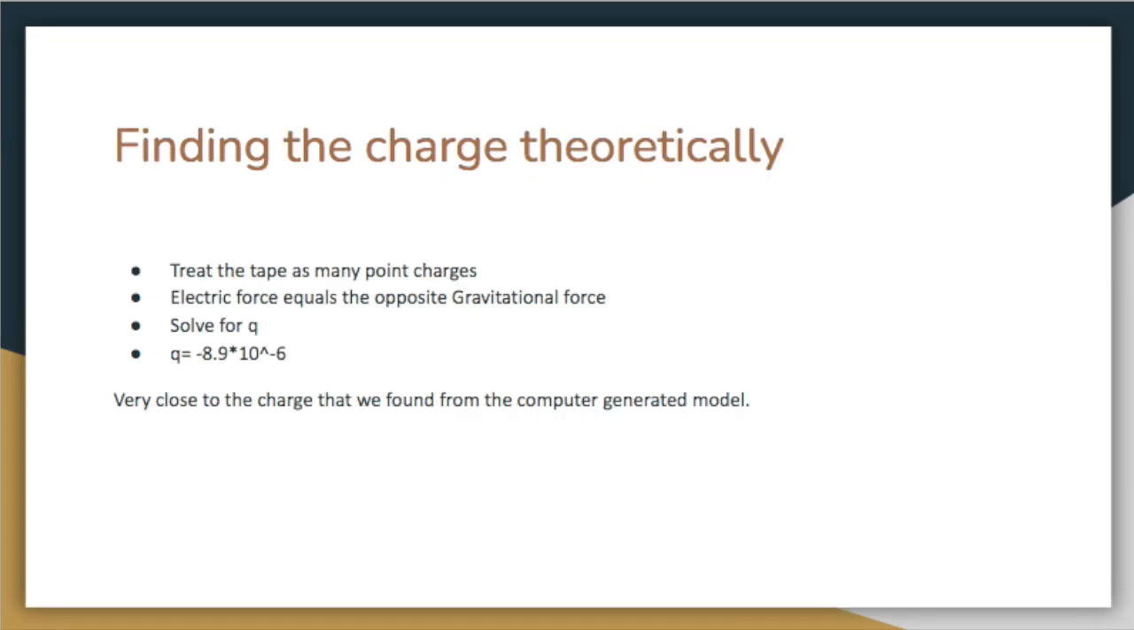In order to find the charge computationally, we can use the formula for the electric field of a line charge and then solve for Q, because we know that the electric force is equal to the electric field times the charge. We also know that from Newton's third law, the electric force is equal and opposite to the gravitational force. After plugging everything in and treating the tape as many point charges, I found Q to equal negative 5.9 times 10 to the negative 6th